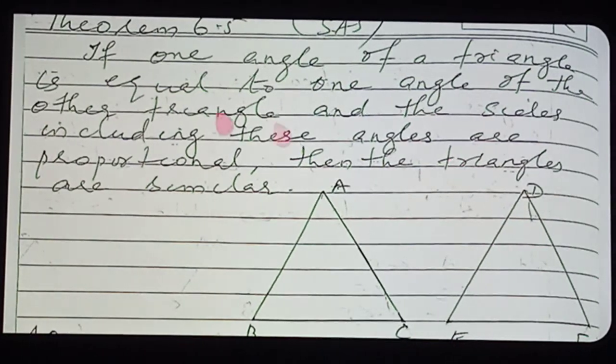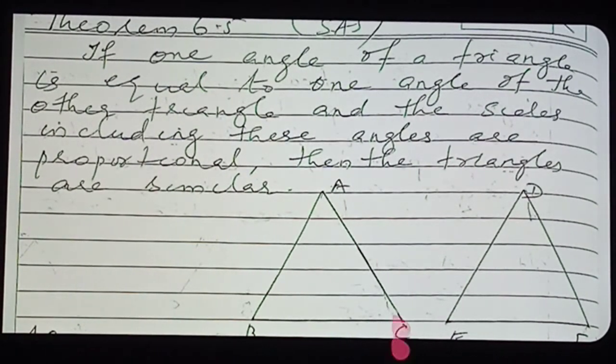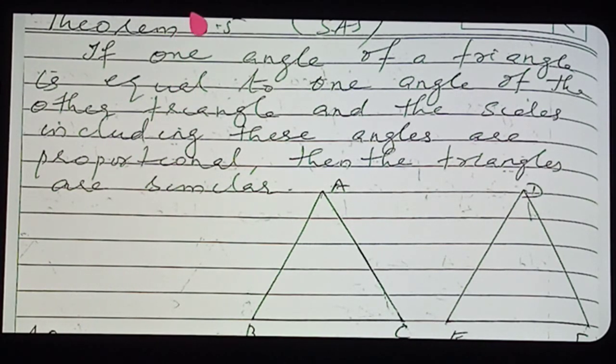So these are the different criteria for proving two triangles to be similar. Once more we can repeat, which are they? The AAA criteria, the second one AA, the third one SSS, and the fourth one we studied as SAS. These are the theorems we are going to apply for proving the remaining riders. So all of you learn these theorems and come.